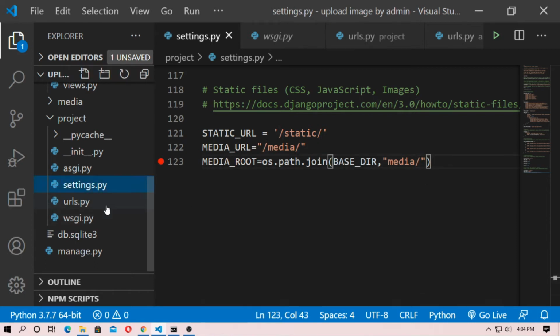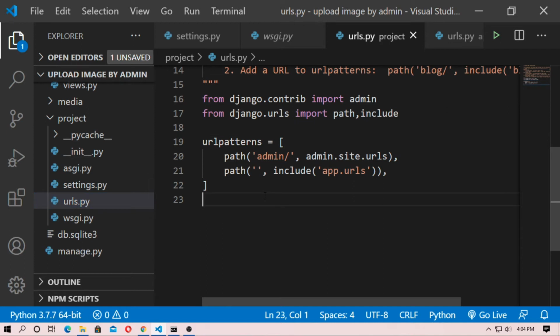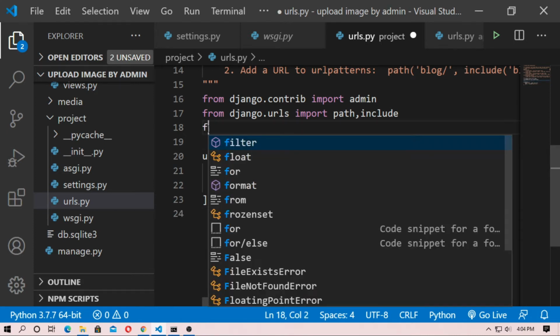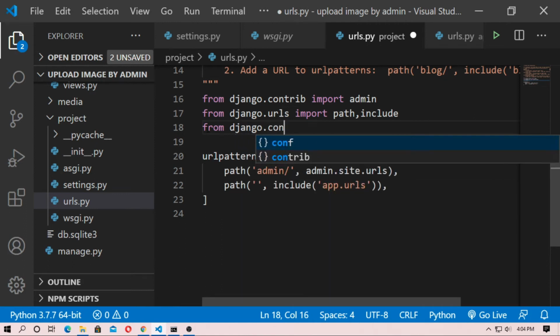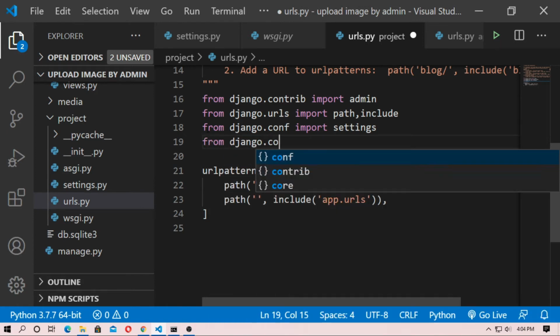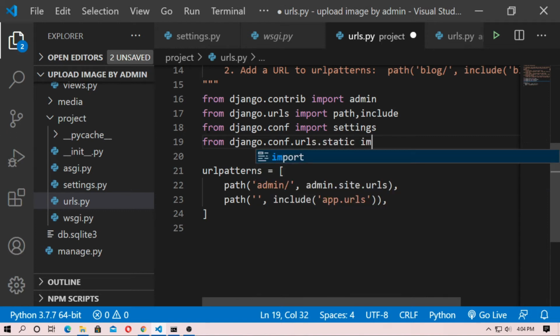Now go to urls.py in the project. Here you have to import the settings and static. Just type from django.conf import settings. Now you have to import static: from django.conf.urls.static import static. Now add the URL pattern with the media URL.